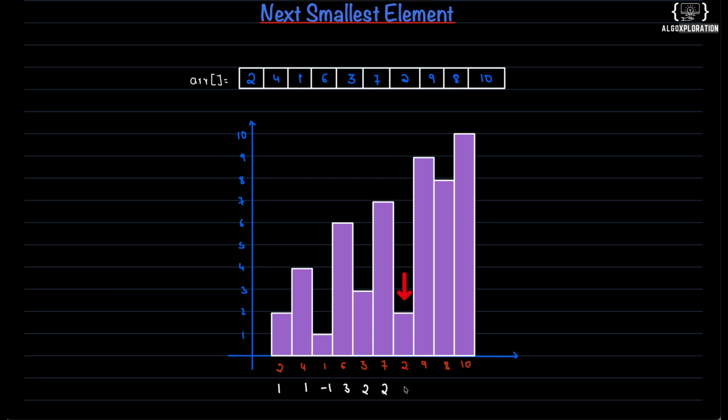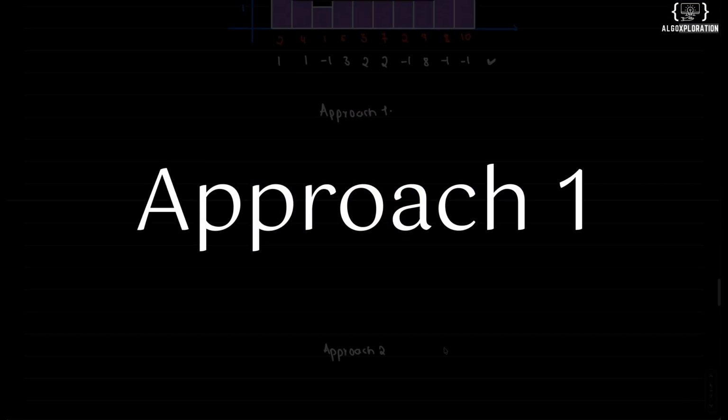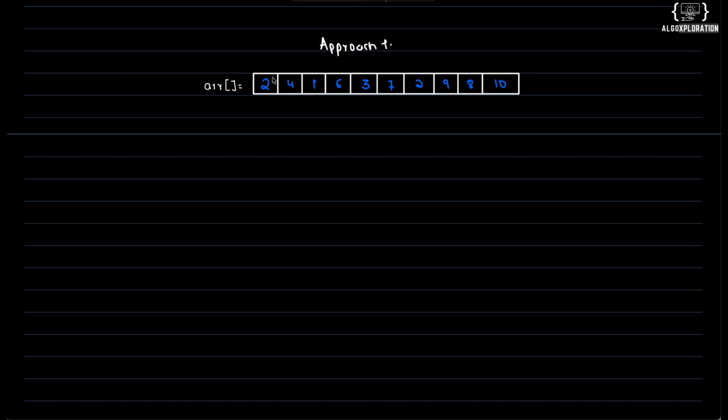For 2, I don't see any element which is smaller than 2 on the right hand side. So for this, it is -1. For 9, it is 8. For 8 also, I don't see any element, so it will be -1. And for 10, it is -1. So this will be our answer, which we need to store in an array and return. So talking about the first approach, now basically what you can do, standing over here, you